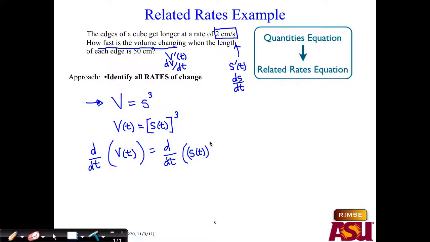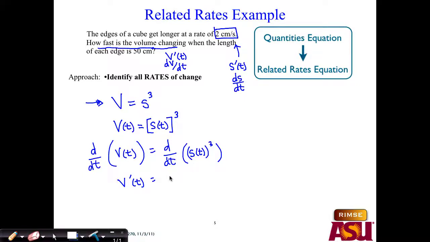I want to take the derivative of s of t to the third power with respect to t, and I want to take the derivative of v of t. Well, I don't have to do this. I'm just going to write the symbol v prime of t. The derivative of v of t with respect to t is called v prime of t. The derivative of this function cubed, where t is the independent variable in it,